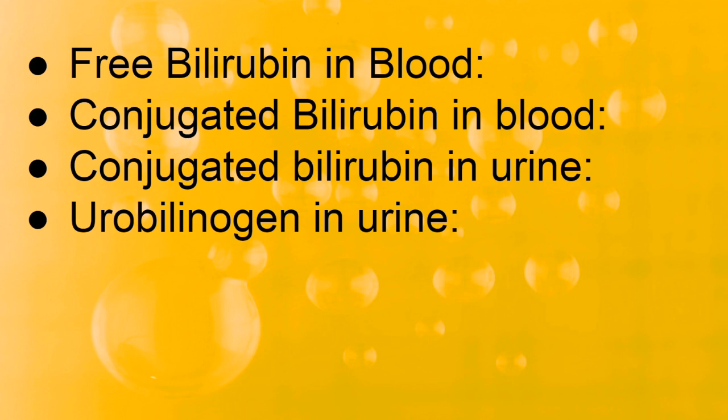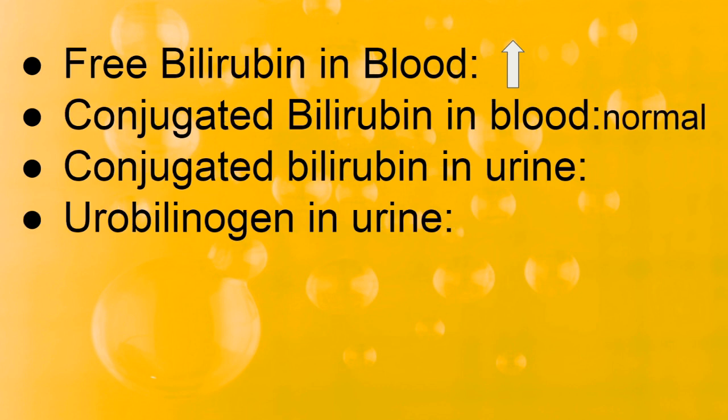So now let's discuss what kind of bilirubin will be seen in the body. First try to answer this by yourself. The free bilirubin in the blood, what will be the amount of this? It would be, of course, increased. Why? Because excess hemolytic process was occurring in the body. So that's why free bilirubin will be present in the blood, and the liver won't be taking the excess amount of bilirubin. Next, conjugated bilirubin in the blood would be normal, because the liver was taking only a normal amount of bilirubin, right?